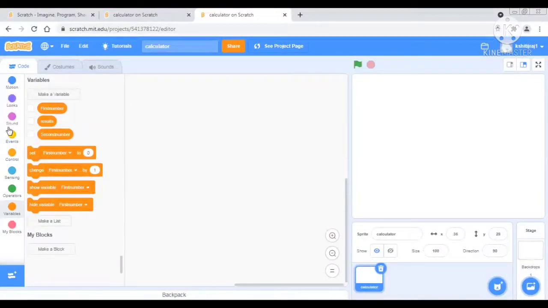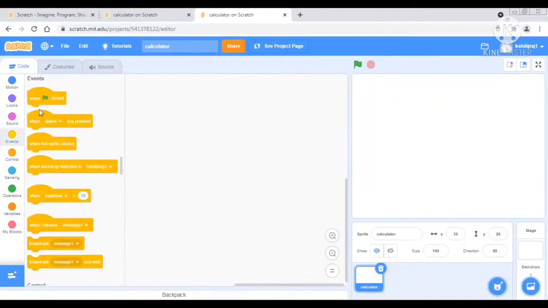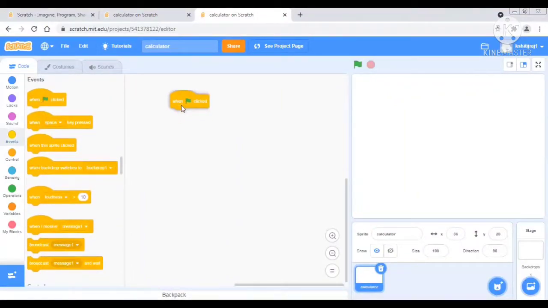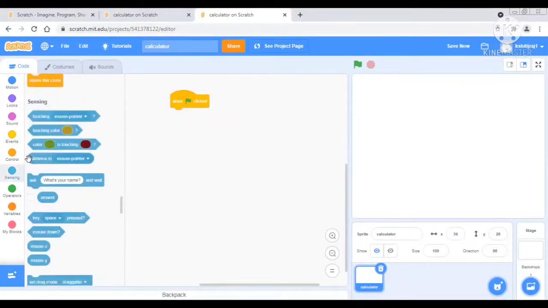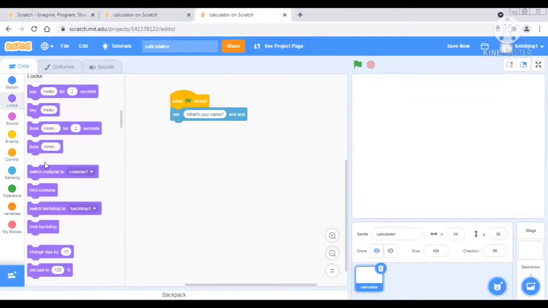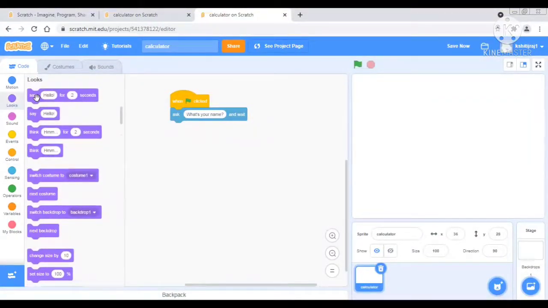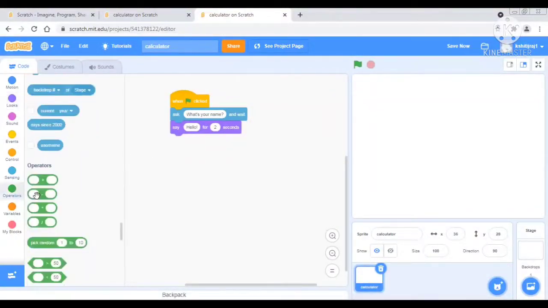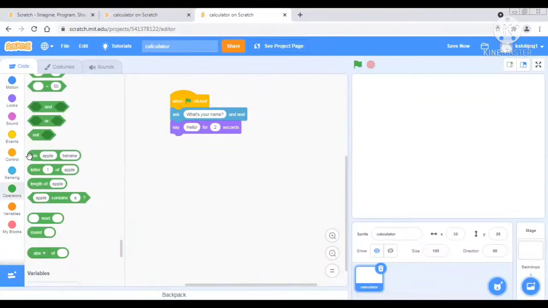So now let's begin. We will go to here. When green flag clicked, and now we will ask what's your name. This is not necessary, it's for fun only. Then after that we will go to looks, and we will take the say hello for 2 seconds block, and then we will go to operators, scroll down, and there we have join apple and banana.